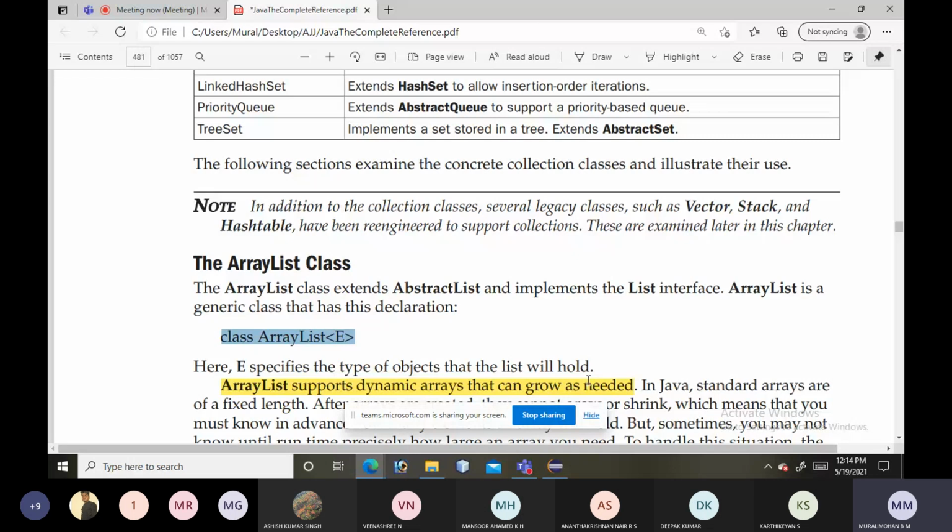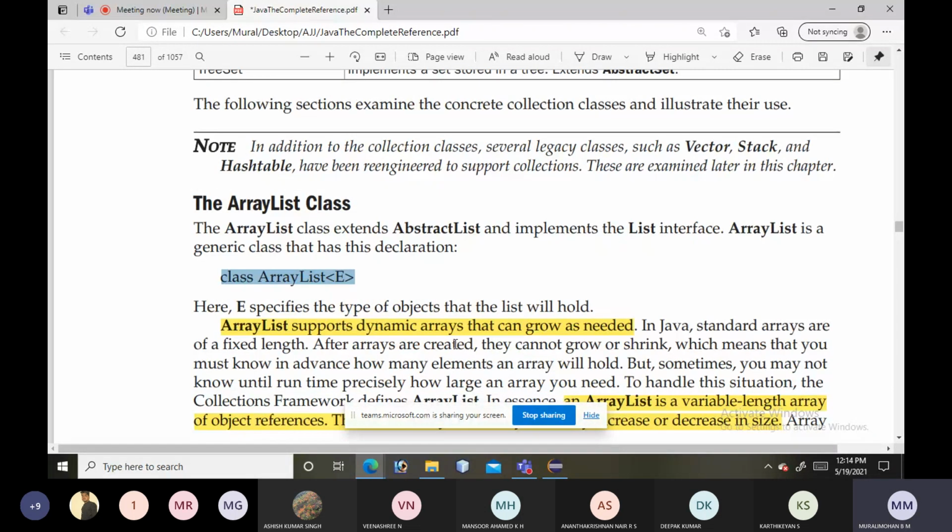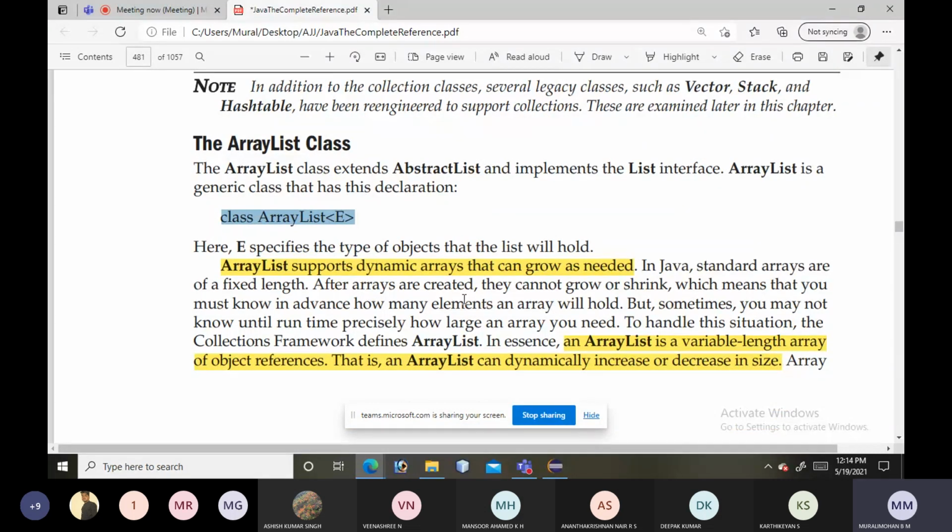So what was the drawback we are having with the standard Java? We are having arrays of fixed size, right? Once the arrays are created, they cannot grow or shrink because they are fixed. So hence we need dynamic arrays. This is supported by the ArrayList collection class.